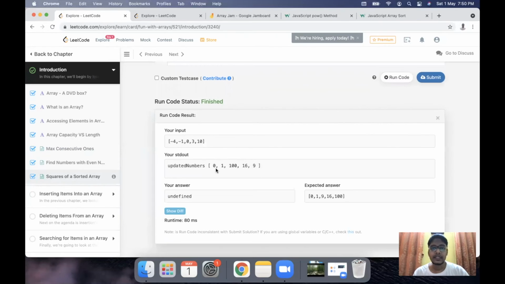Now what happened was these values got sorted, but not properly. I know that 0 square got into first place, 1 square got into the second place, but this 100 was supposed to be at the last, and this 4 square was supposed to be the third element, but that did not happen. So why did this happen? This happened because the sort method by default does a string match.